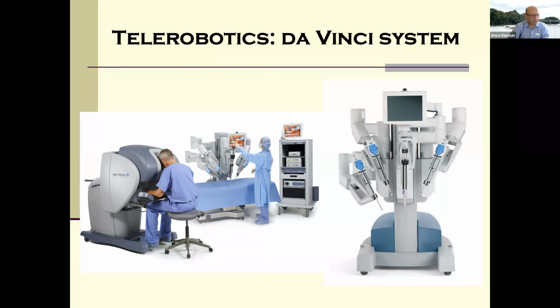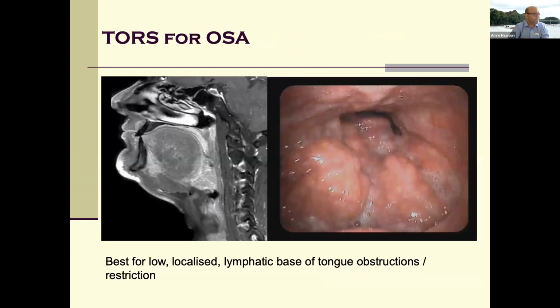The reason we can do that is because with instrumentation, you're using something at the end of an instrument to manipulate the tissues, whereas here the joints are actually at the end, so you've got a lot more versatility in the way you can move around, and you improve your field quite considerably. So here is a picture of someone who has a bulky tongue base and an epiglottis almost again obscuring the airway.